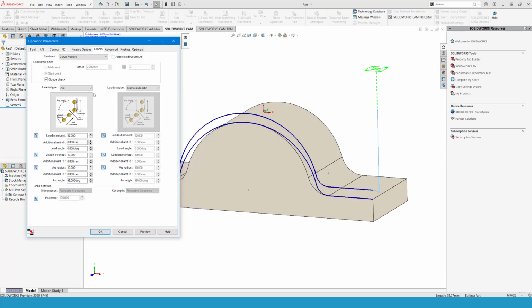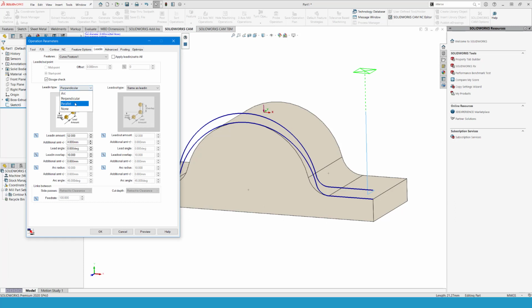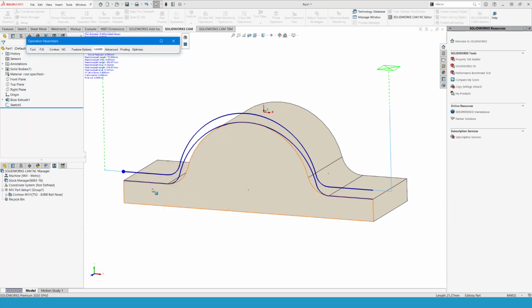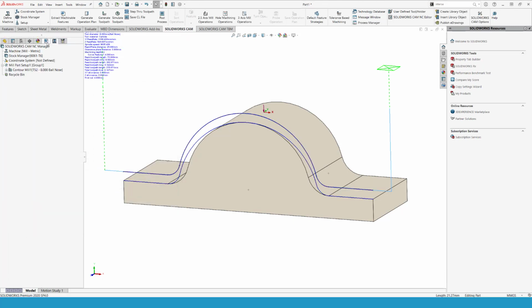If I do not want the lead-ins, then I can go, for instance, for perpendicular and say 4mm and preview that. Or I could go parallel and preview that. So I can adjust my lead-ins as I see fit. But this one is going to be just fine, and now it's a matter of cutting the rest of this